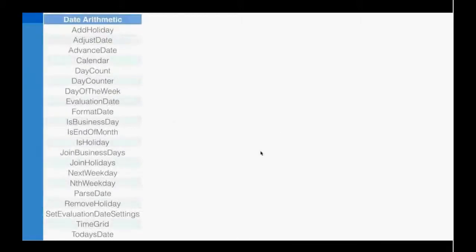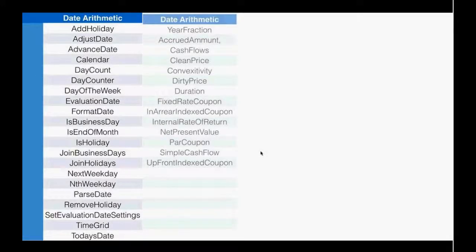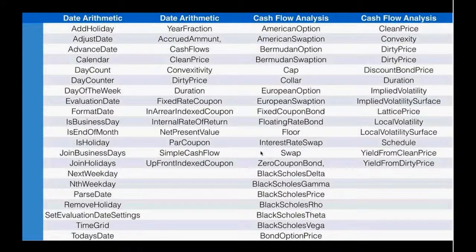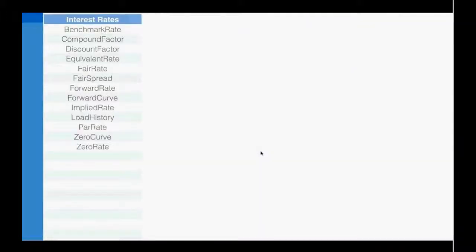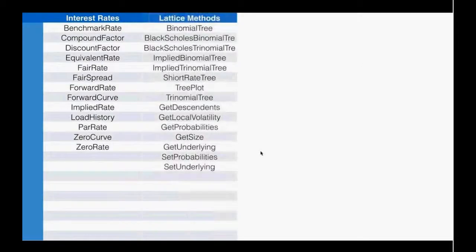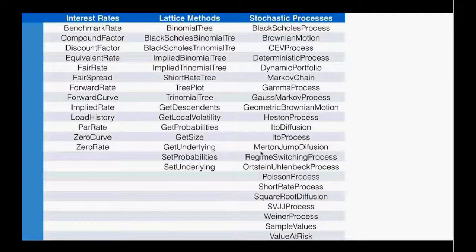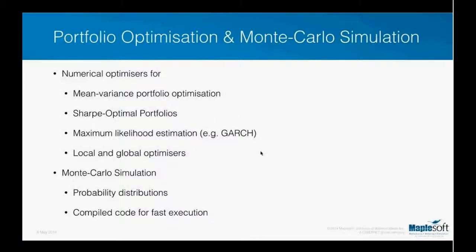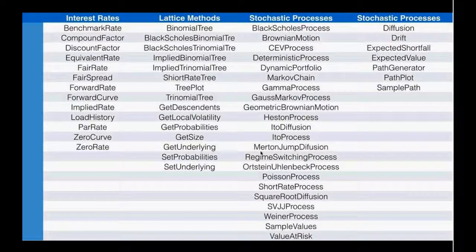there are individual functions for data arithmetic and cash flow analysis. We also have support for interest rate structures and lattice methods as well. There are tools for short rate methods and stochastic processes, as well. I'm not going to go into a great deal of detail on all of these functions, but I'm going to show you an example here of